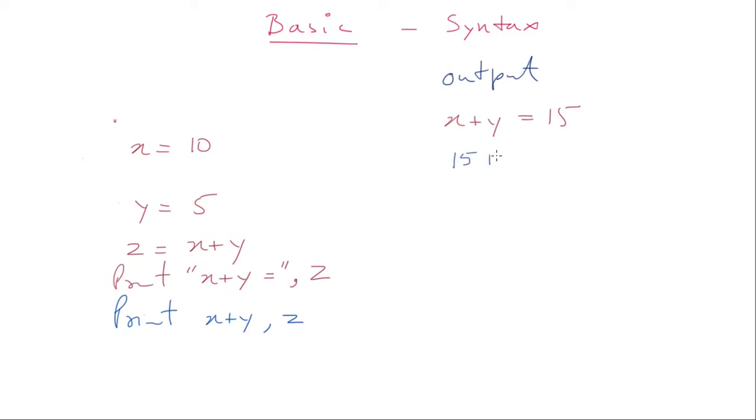It will print 15, 15, right? Any doubt? So that is how it is. Is that clear? Because this is 15, this is also 15. When you have to actually print something as it is, you have to put it in the codes, right? So that's a variable which holds value, and prints those values. If you have to print a stuff directly, then it is in the codes. So this is about printing.